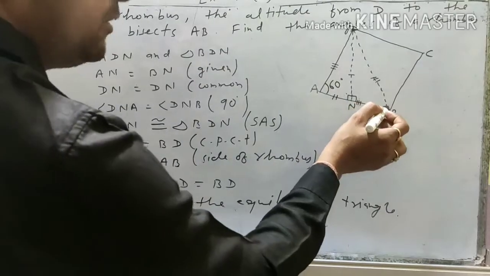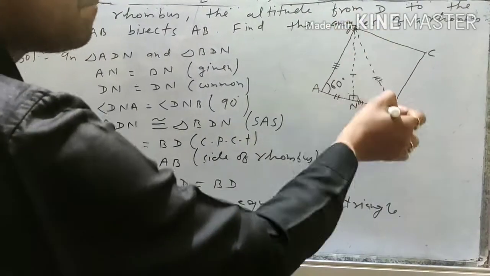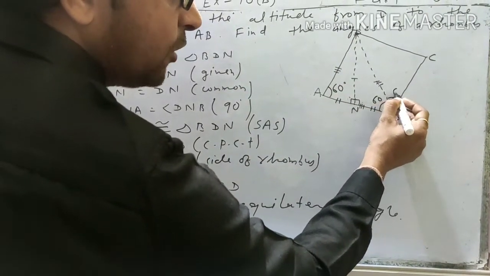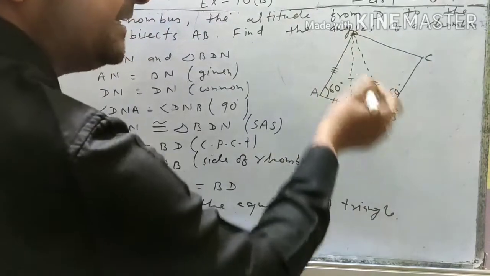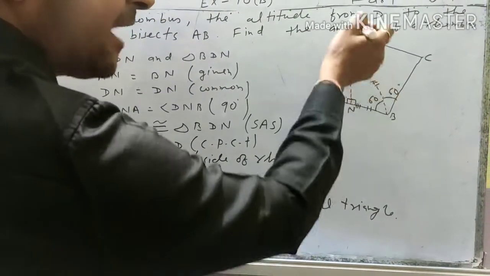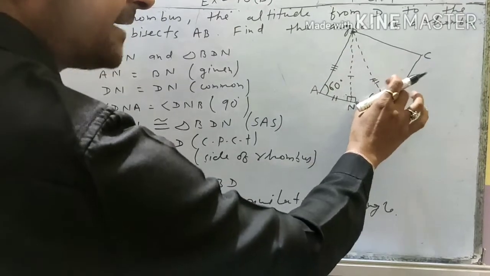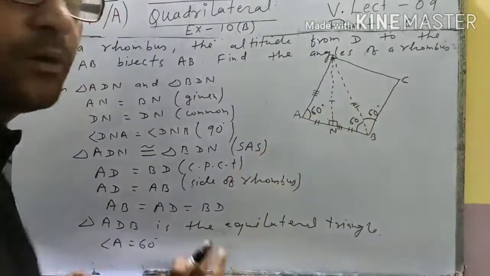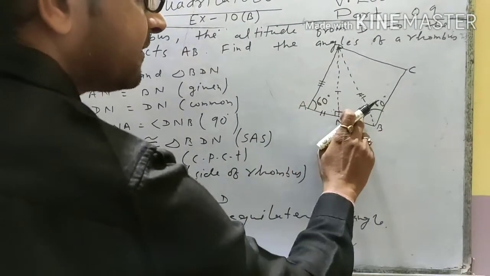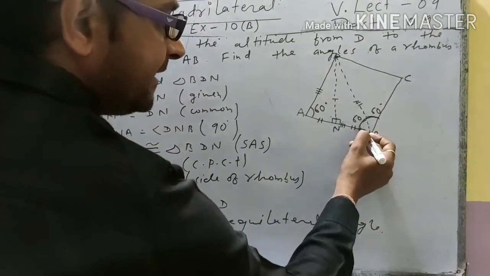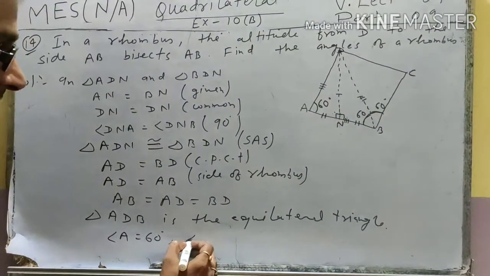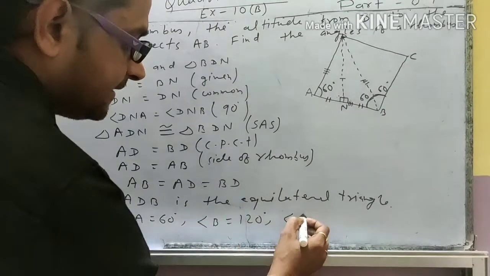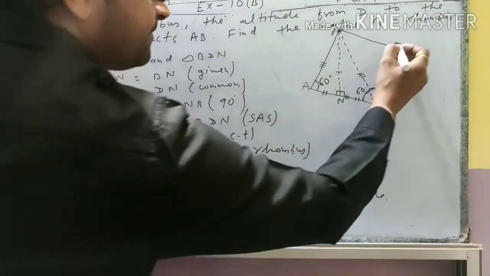We know that diagonals of a rhombus bisect the angle. That means this angle is 60 degree. So we can say this angle is also 60 degree because BD is the diagonal, and diagonal bisects the particular angle in case of rhombus and square. Okay student, so here 60 degree and 60, so the complete angle is 120 degree. So we can write here angle B is equal to 120 degree, and angle C is equal to, again student, 60 degree,